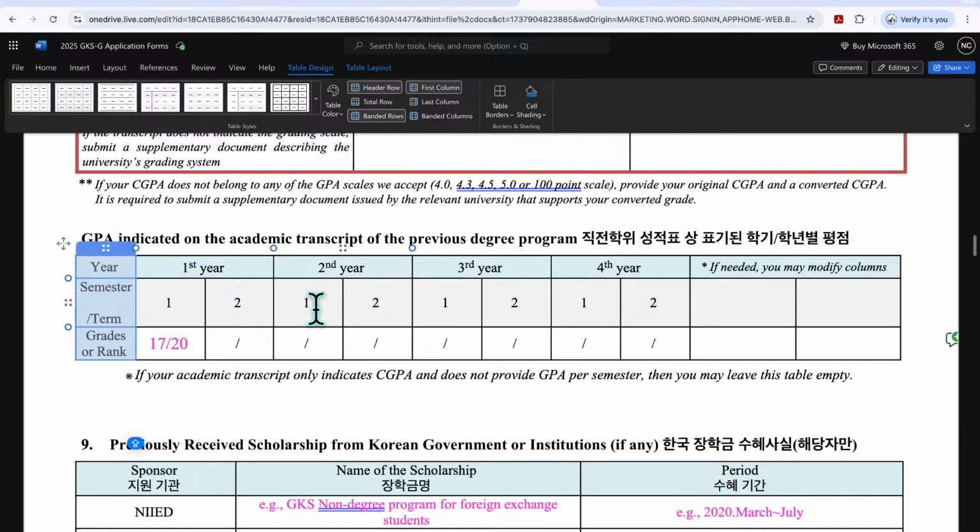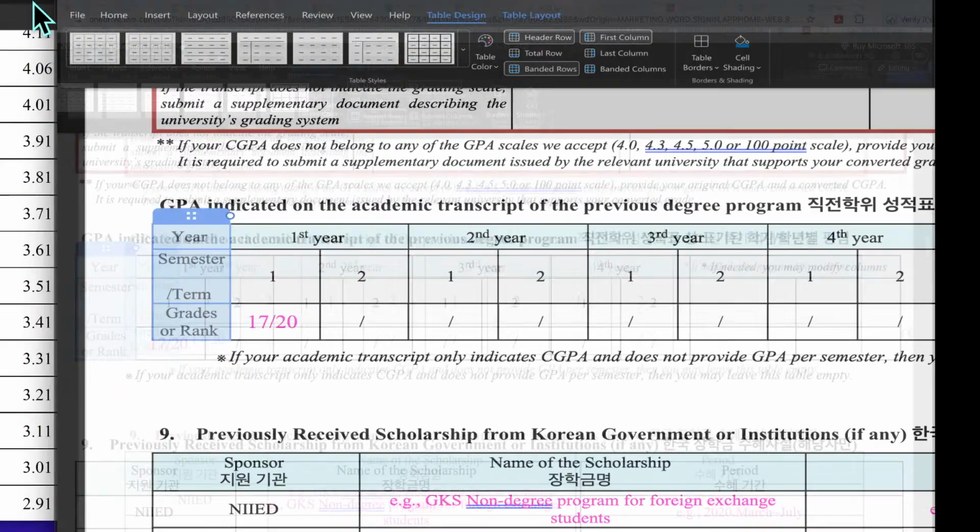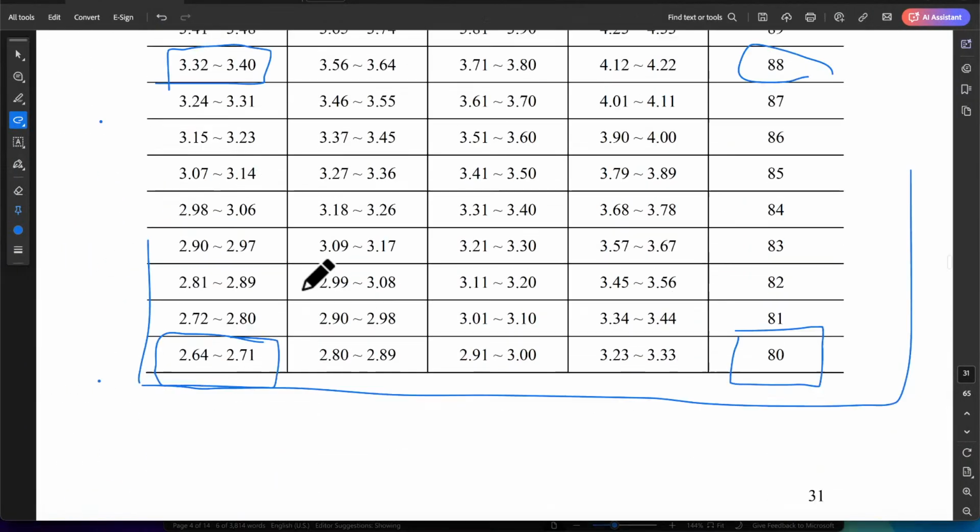It's a long video. I also have another video where I talked about the application guideline. It's a very long video. It was more than 2 hours, but I think it was worth it. Please take your time to read the application guideline, watch videos online, and then try to educate yourself as much as possible. For GKS, I always say to students, you don't have to worry about